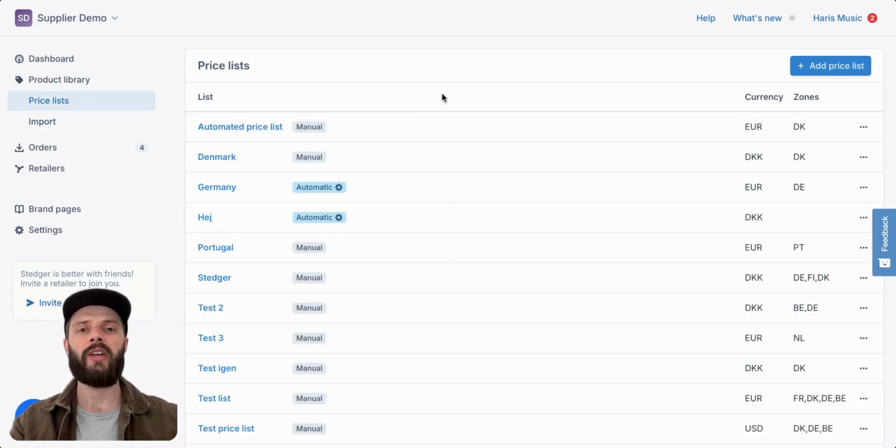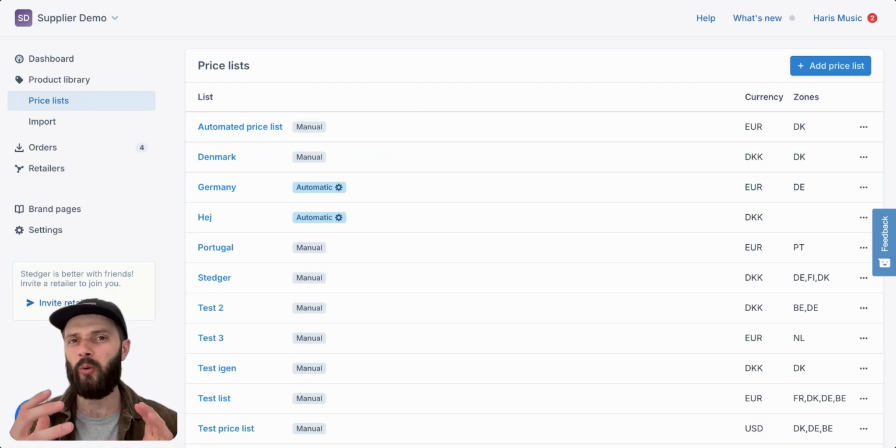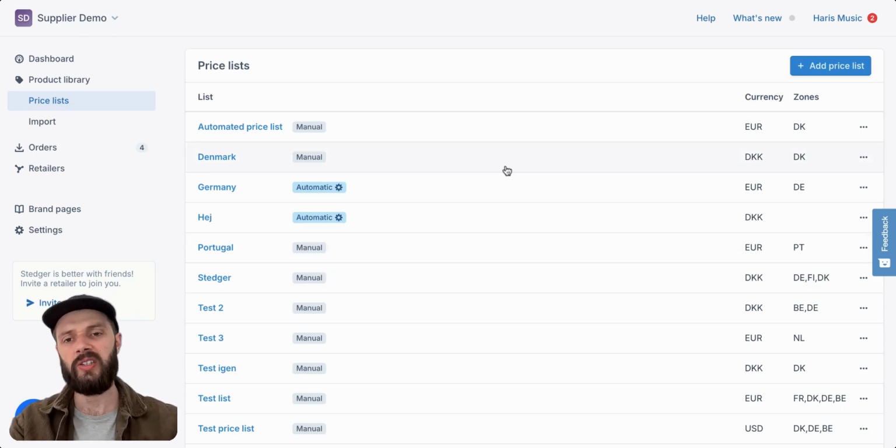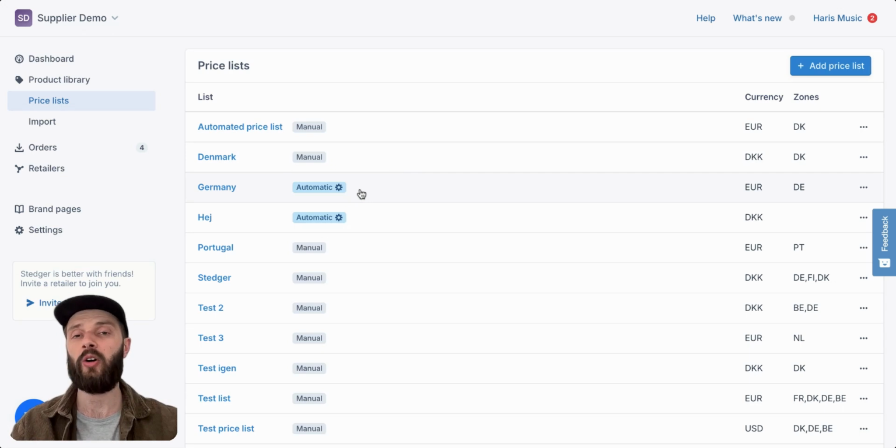Price lists are a way to make some changes to our products. So maybe we only want certain products to be shown to certain retailers, or maybe we want a different price structure for Germany compared to Sweden. And we can do all these things for different zones and different retailers through price lists. And there are two ways to work with price lists. We can either manually make some changes, or we can automatically